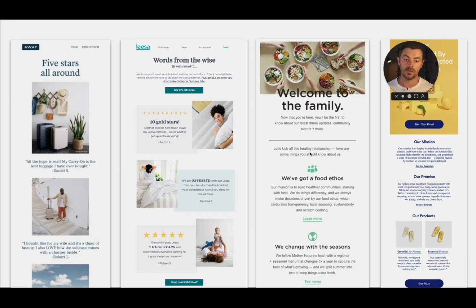Here we've got more of like, here's about the brand, welcome to the family. Here's our ethos. Here's why we launched the brand, our mission, that kind of thing. We've got mission here, our promise. So these are examples of brands trying to differentiate themselves. This is why we do what we do, and really trying to build a bit of relationship, try and resonate with customers or potential customers who care about the same things, and really show that you're a legit brand that has some kind of mission or purpose or reason for existing, and try and encourage people to make that